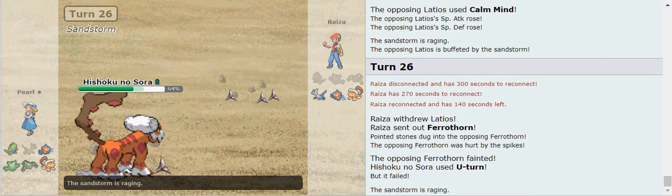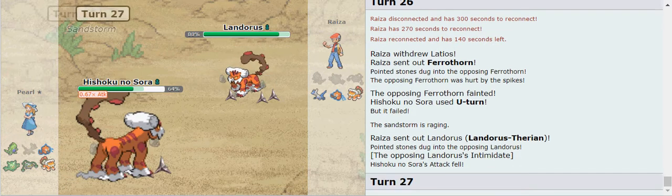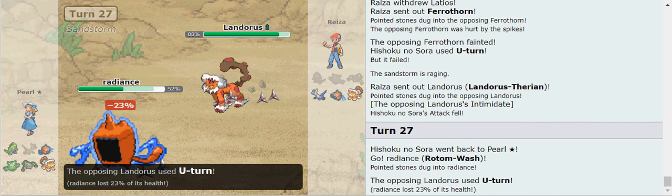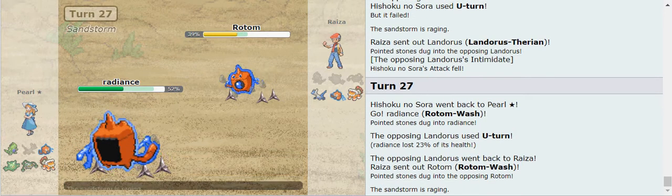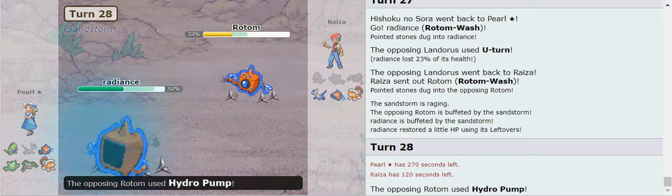But then Landorus comes in, and now we're going to see a fodder of the Ferrothorn from Raiza. Now Raiza goes to his own Landorus, and we're going to kind of just see him trading fodders. But the Rotom W is healthy enough to come in and take one U-turn. At this point, it won't be able to take many more, as it's at half, and the opposing Rotom's in. It's worth noting that the opposing Rotom is quicker, which actually is kind of interesting because now he's forced to